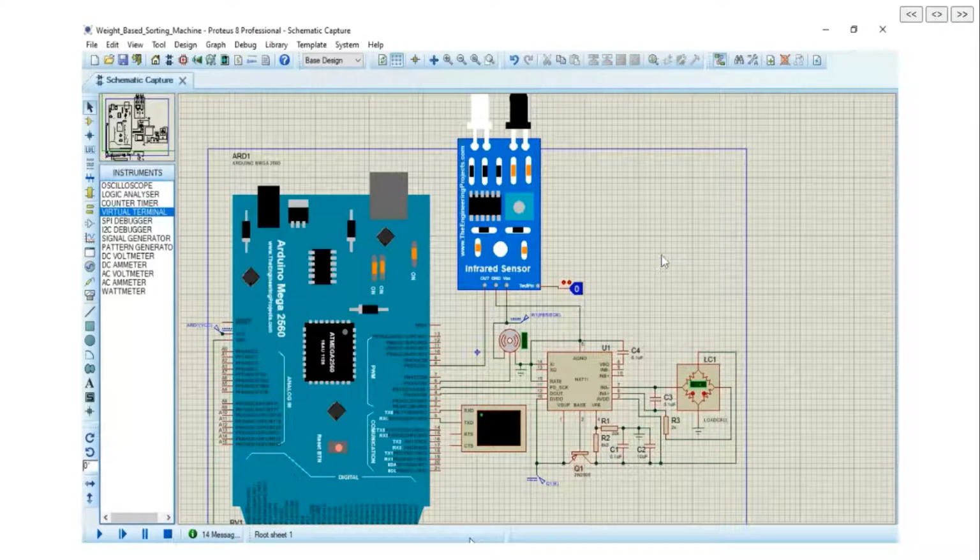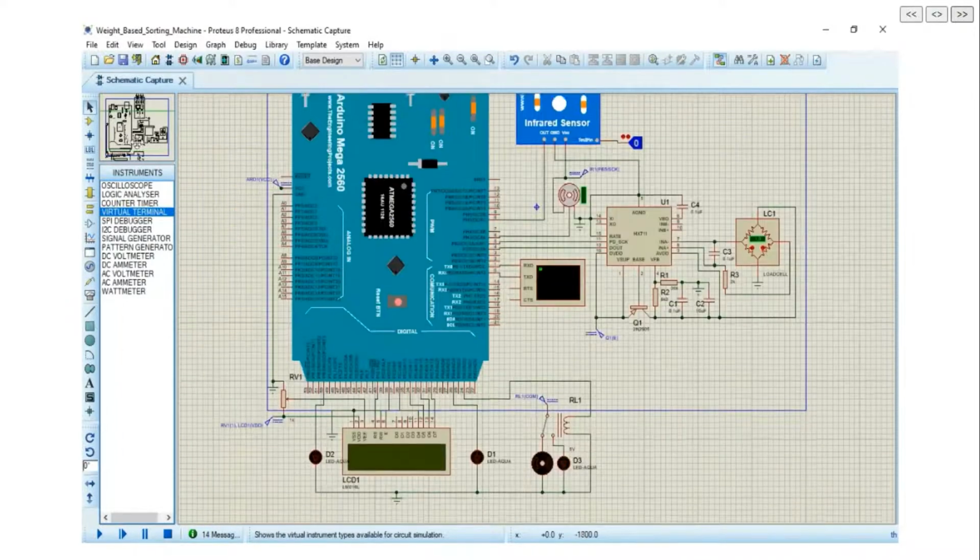Now let's see the software simulation of the project. Here we have used Arduino Mega 2560 as controller, IR sensor for detection of incoming weight on the main conveyor, load cell to measure weight in terms of voltage variations, HX711 to calculate weight based on voltage variations, virtual terminal as serial monitor in Arduino, servo motor to rotate the weighing platform,